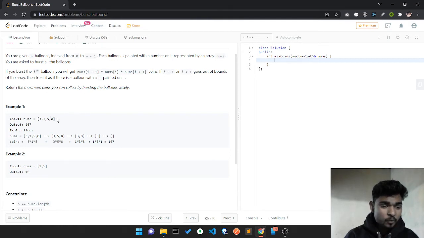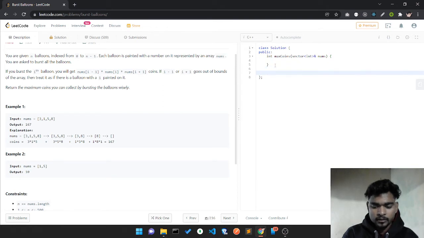If we have only one element, then if i minus 1 or i plus 1 goes out of the bound of the array, treat it as if there is a balloon with a 1 painted on it. Let's take an example to make it clearer.